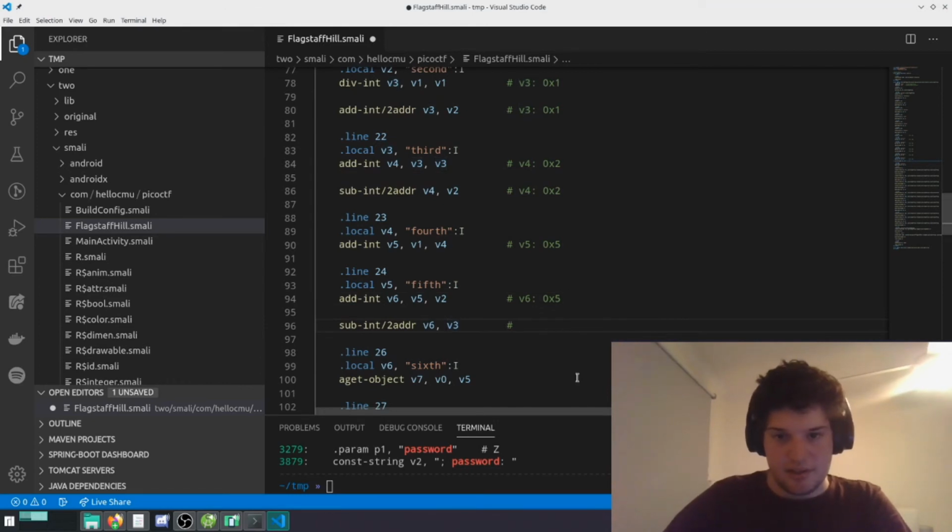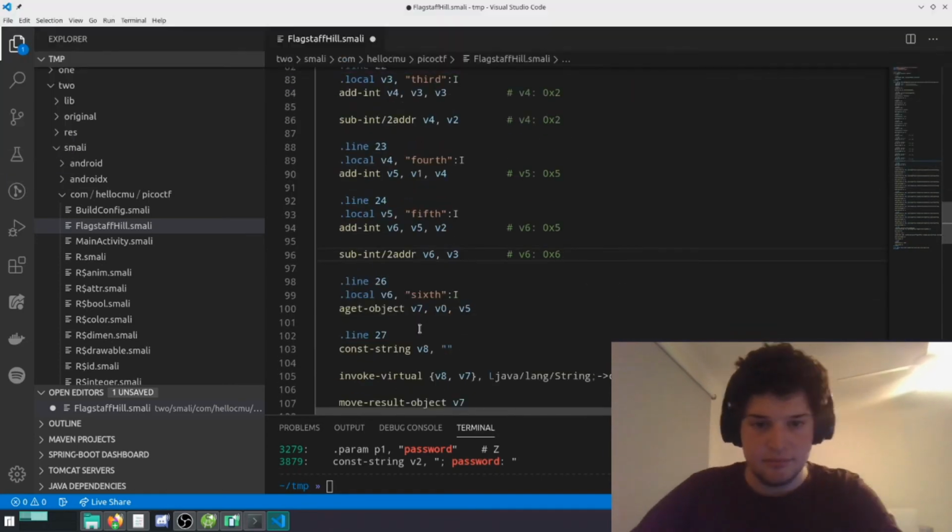We've got subint. I really should have done these before the stream. I am sorry about this. V6 plus v3, so that's 0x6. Cool. And then we've got this thing,